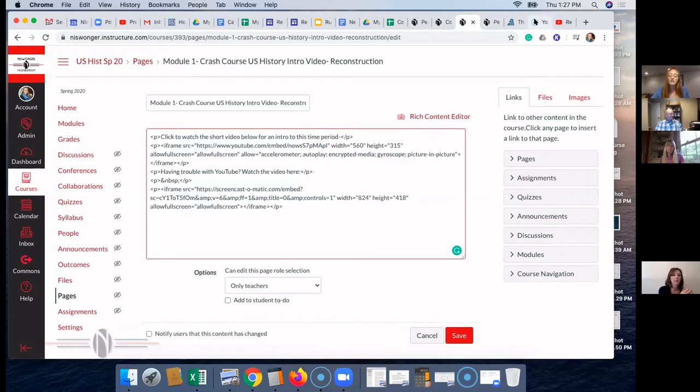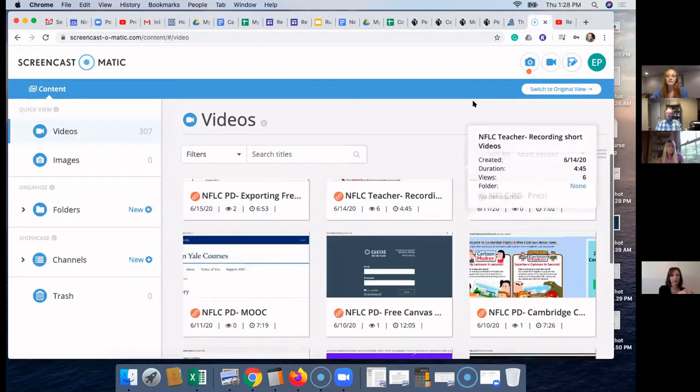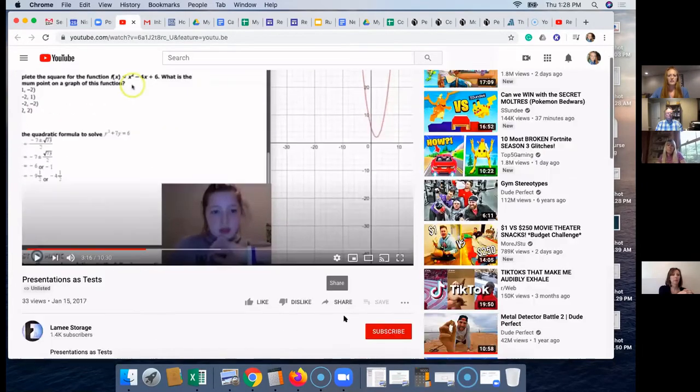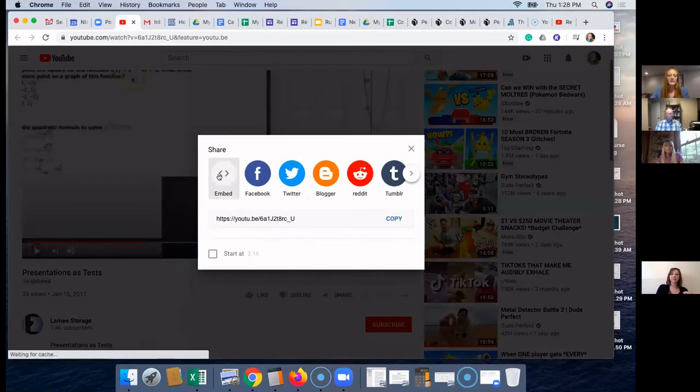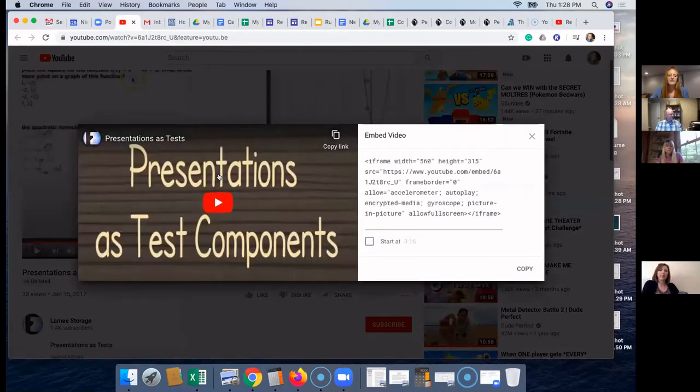There are also other videos on the web that are not YouTube in which they share the embed code. Anytime you can find a video that gives that embed code, you can copy it and paste it here. On YouTube, you click on share, then embed, and you copy and paste that. That's all you got to do.